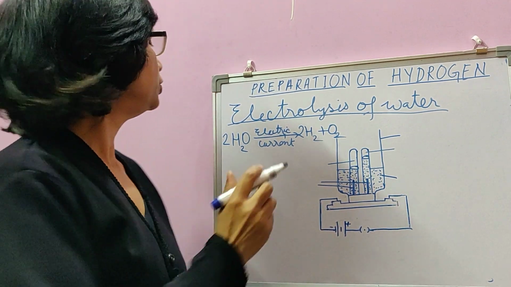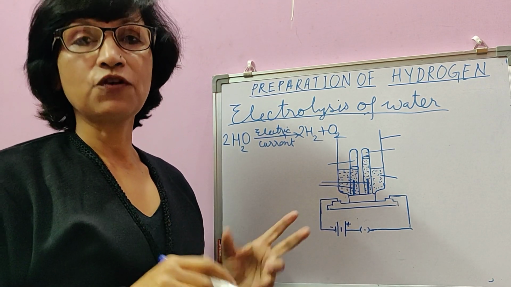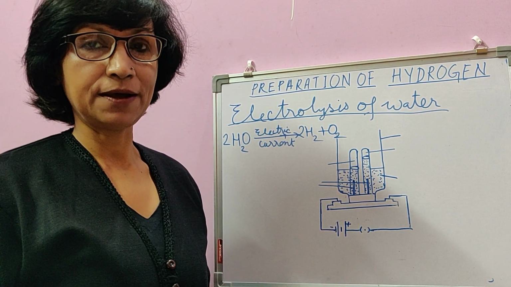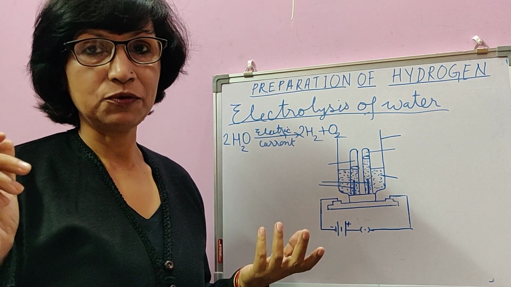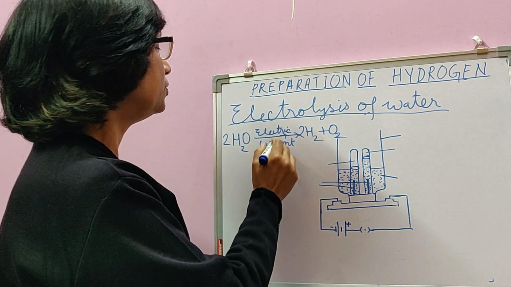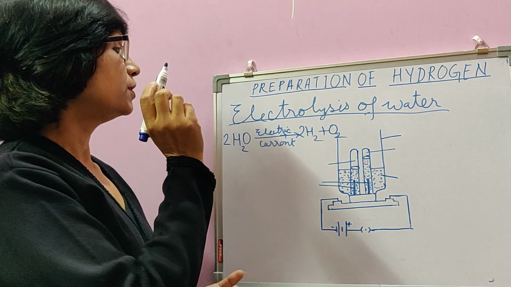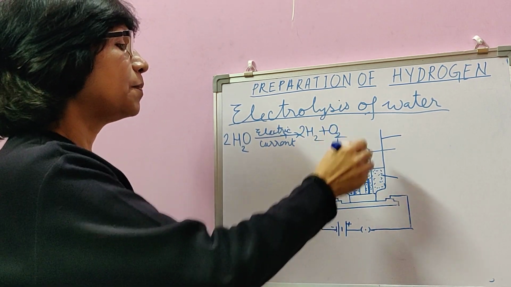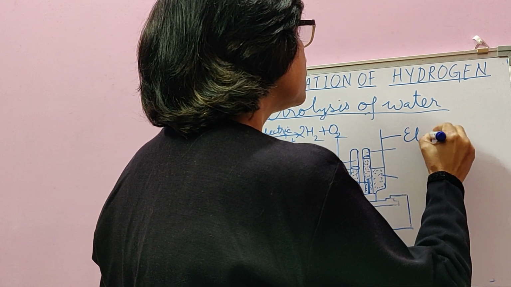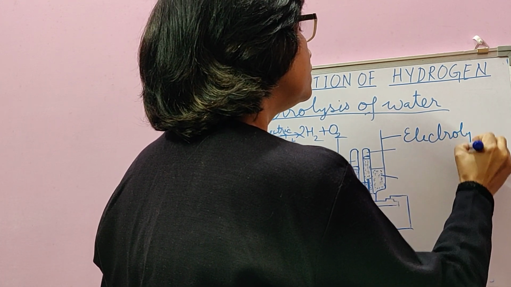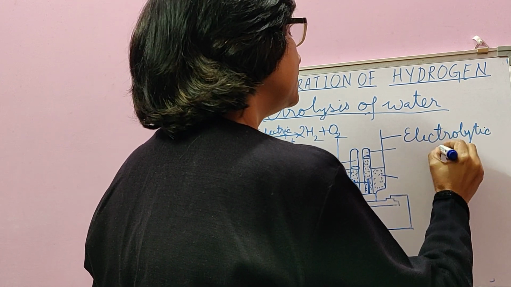Children, by heating, water cannot be decomposed. It means thermal decomposition of water is not possible because when we heat, it gets converted from liquid to gaseous form, but it does not decompose. So for that purpose, the energy of electric current is used. We pass electric current through water in a specially designed apparatus known as electrolytic cell,